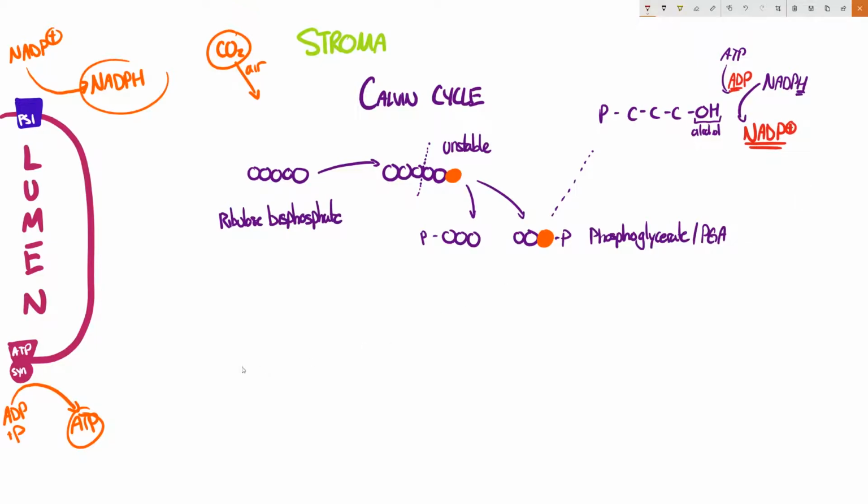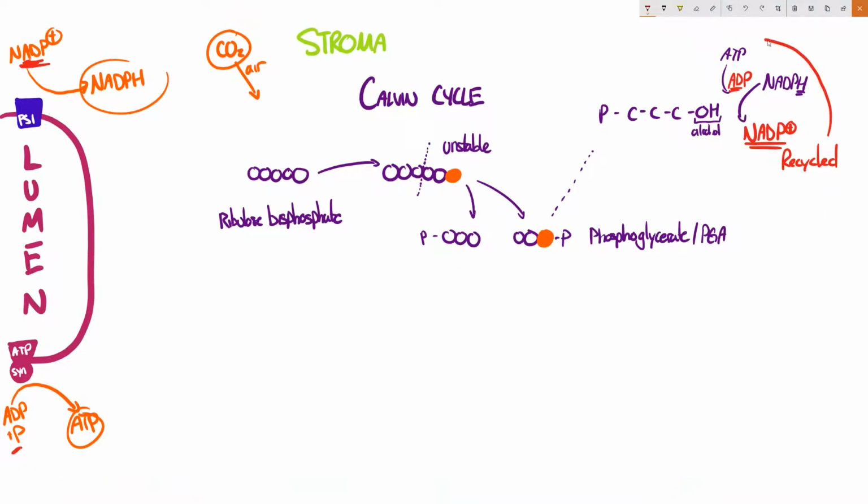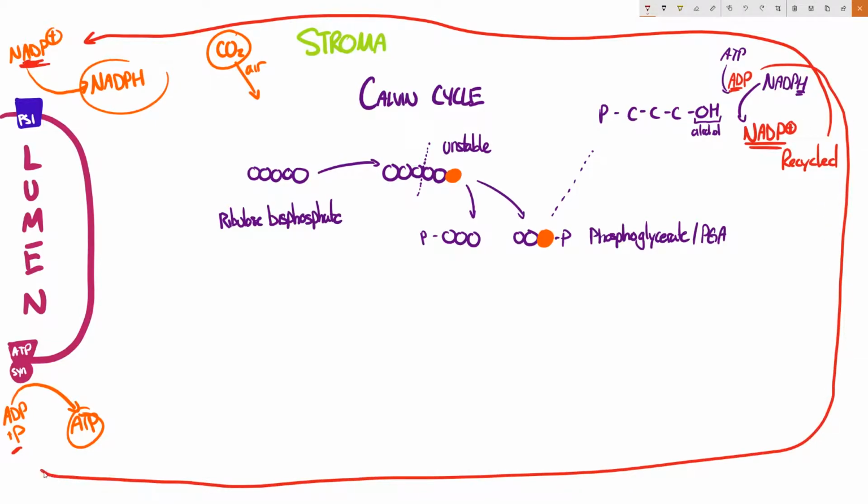This should look very familiar because that's what we used down here and over here. So these are going to be recycled. They're going to go all the way back to photosystem 1, and ADP is going to go all the way to ATP synthase so that it can be used to make another ATP. Okay. So we use ATP, we use NADPH,